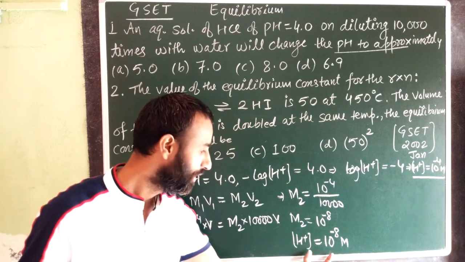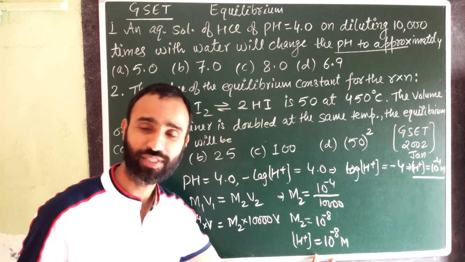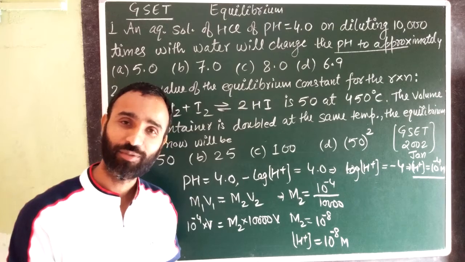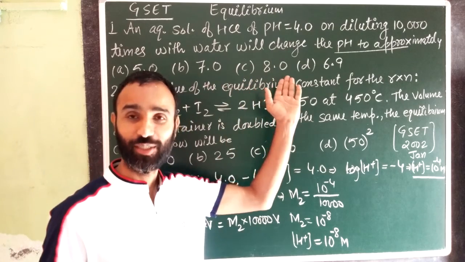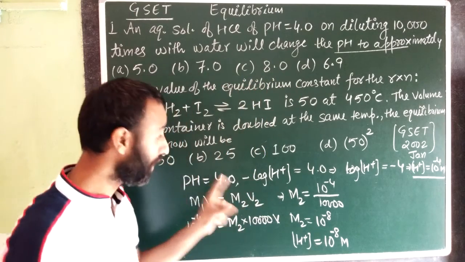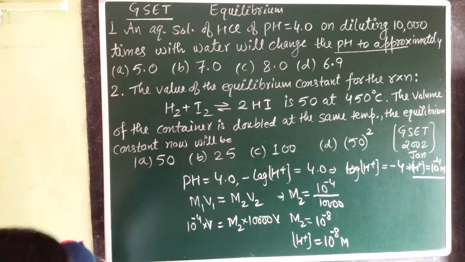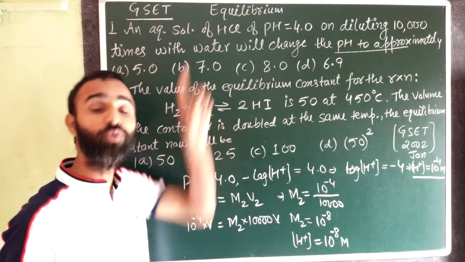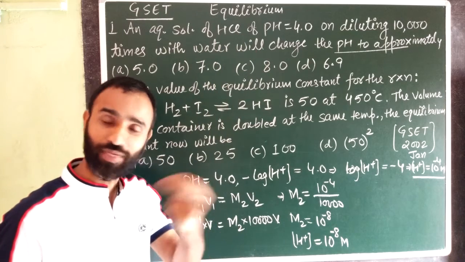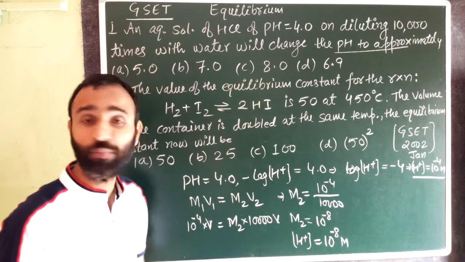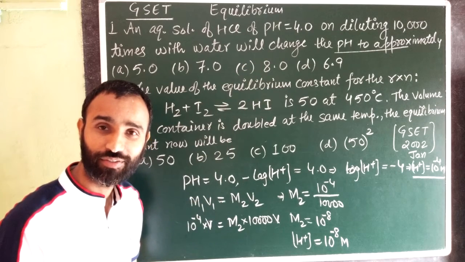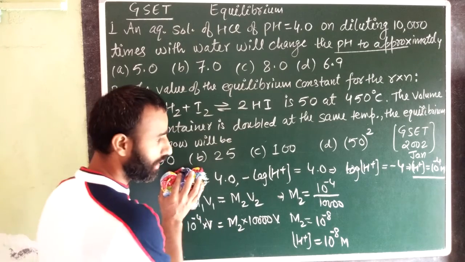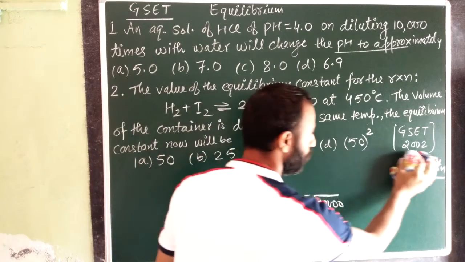So from here, if we take this as the H plus ion concentration, the pH comes out to be 8. There is an option 8, but it's not true. Keep in mind, it is a very important thing. You are diluting HCl. If you dilute HCl, the solution remains acidic, so the pH should be less than 7, very close to 7, because it is very dilute. So to calculate, let's do the next part.